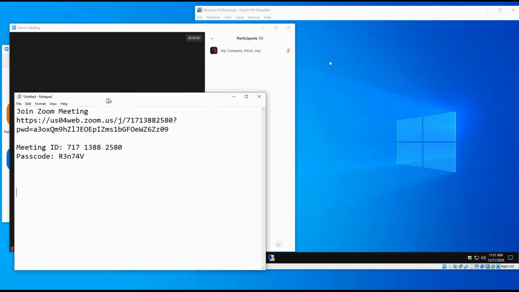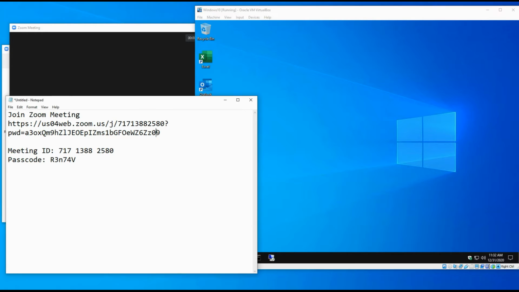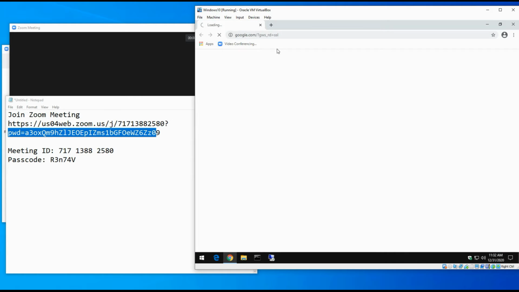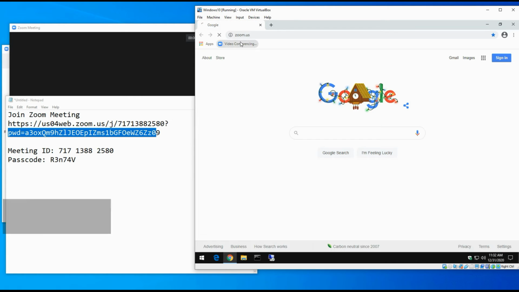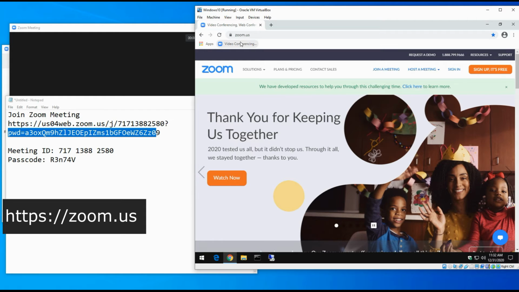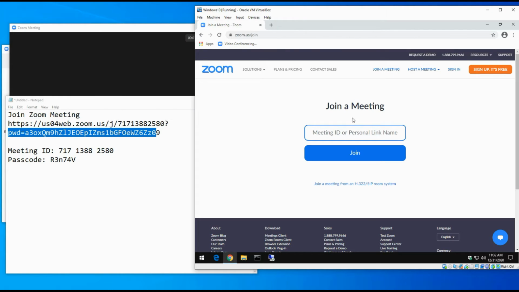So if you've never used a meeting before and you get this and you're like, well, what the hell do I do with this? Usually you would just copy that link and click it, and it would take you to Zoom and make you download the Zoom app. So I'm going to show you how to do that right now. So if you know you have a Zoom meeting coming up and you want to get ready, you can do this. So you can simply go to Zoom, hit join meeting, and then you can type in that meeting ID,